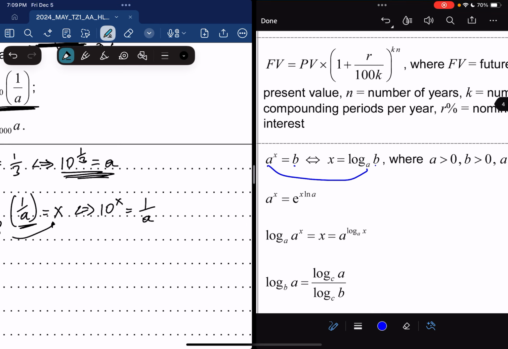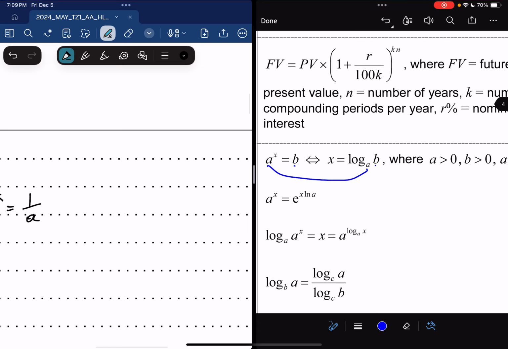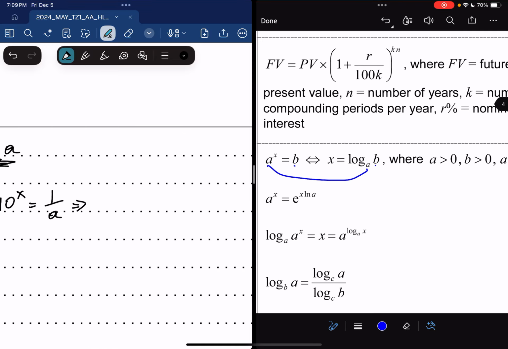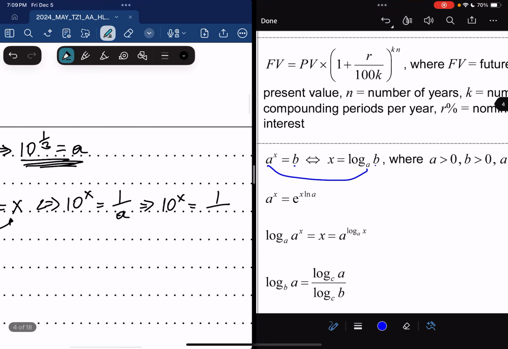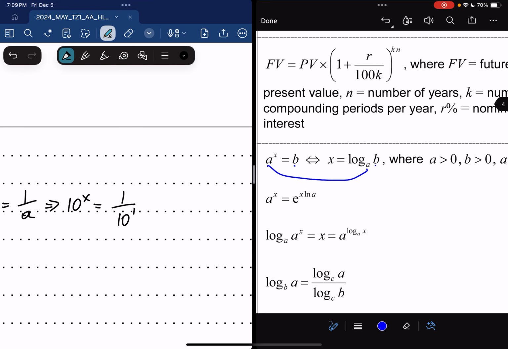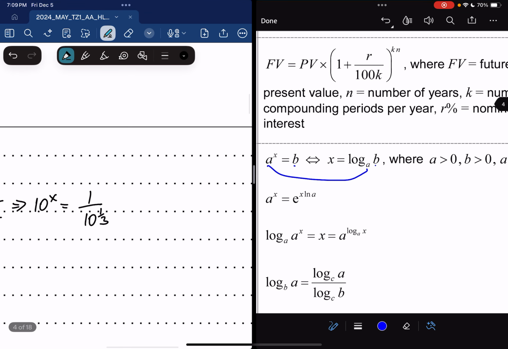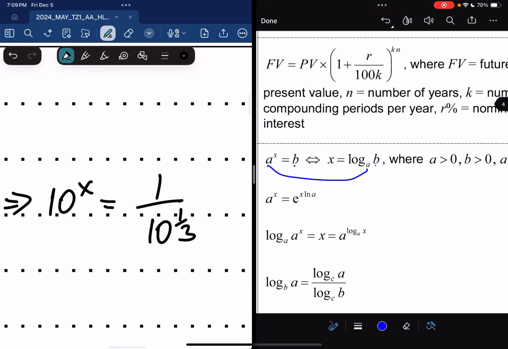Beautiful. What's the next step? The next step is to solve for x. But we also have a here, which may seem to be missing, but we already know what a is. So we're going to substitute a into this equation. So it's going to be 10 to the x is equal to 1 over a, which is 10 to the 1/3. And from here, because we have an exponent, and both sides of the equation have the base 10,